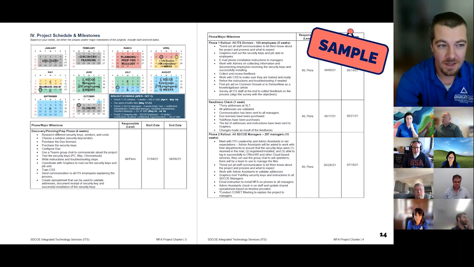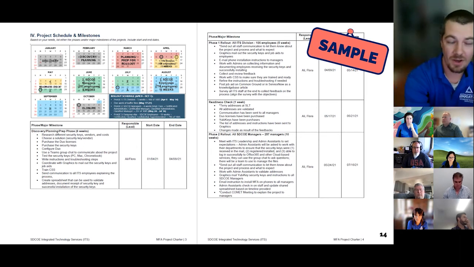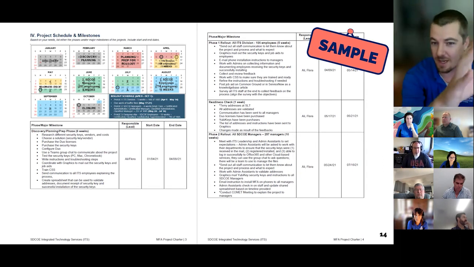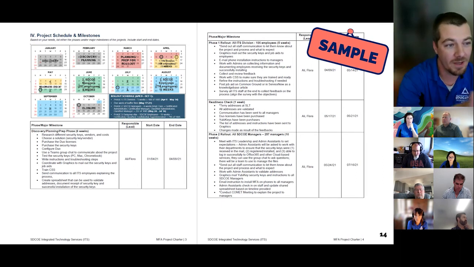This one's pretty detailed. Personally, I don't usually get too detailed on the charter project schedule, because I'm creating a separate project schedule that's much more granular. And in this case, we actually did a calendar view, so we didn't just break down a list of milestones. We had a little calendar for ease of reading. I'm not going to go through the whole calendar or the milestones, but I do want to give you an idea. These milestones are very, very thorough. Yours don't always have to be.